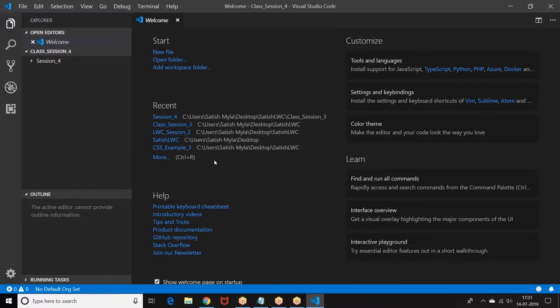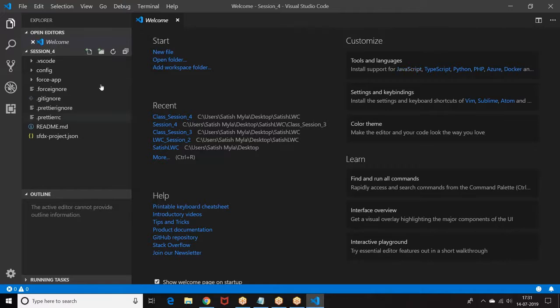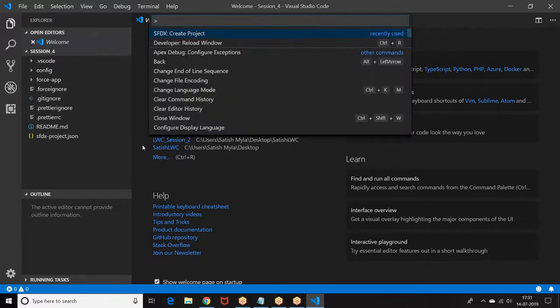Now I'm trying to create few Lightning components here, Lightning Web Components. So first I'm going with Control Shift P, Lightning Web Component.